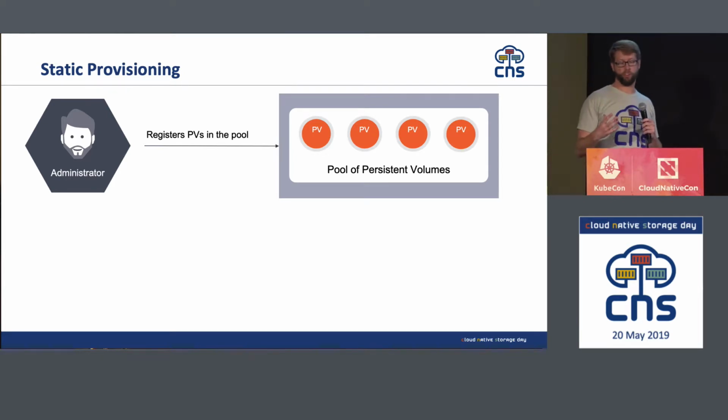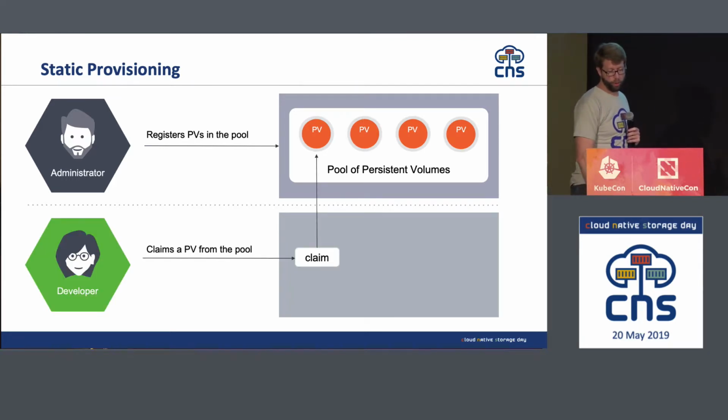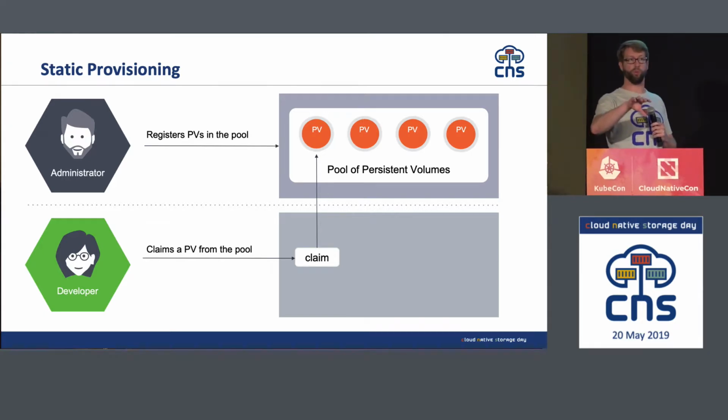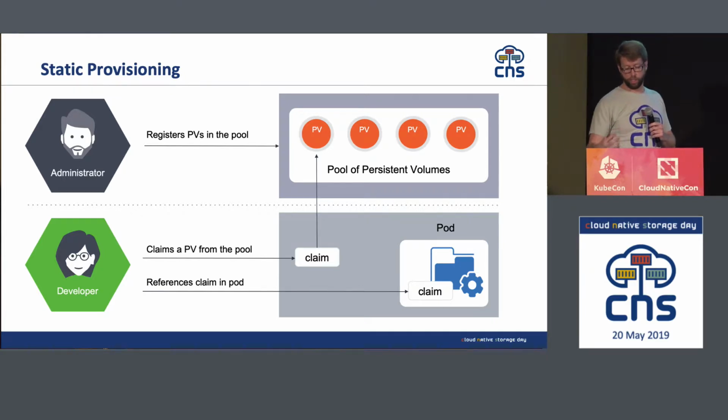So you'd have an administrator who would have to manually create these persistent volumes that basically captured volumes that are stored in an external distributed storage system. And so the administrator creates this entire pool of them, and so we've got 4 little persistent volumes ready to go. Now the developer or user comes by and they need a volume, so they'll claim one of those volumes. And so notice that it's coming out of this pool that the administrator has statically provisioned, manually gone and created these volumes for us. So the developer has claimed one of those.